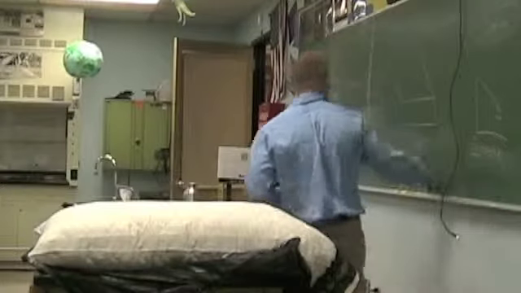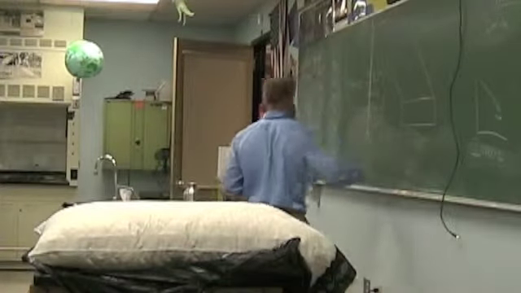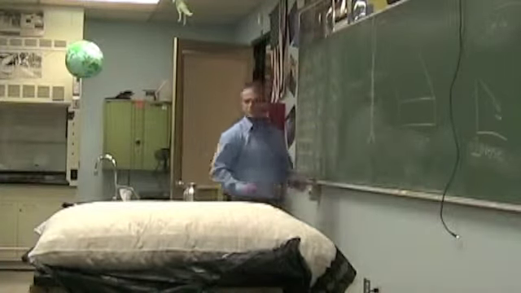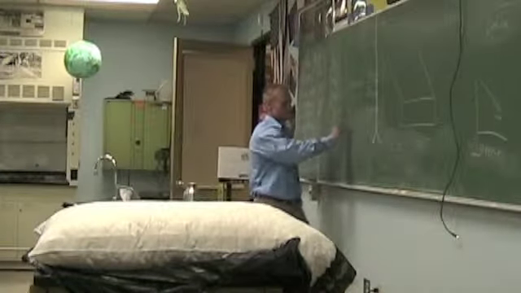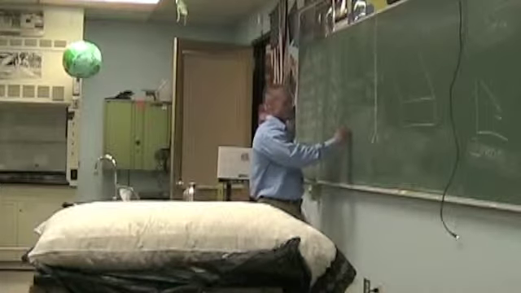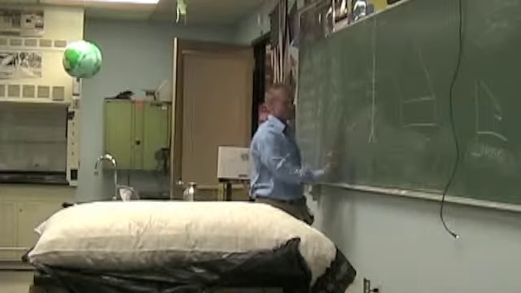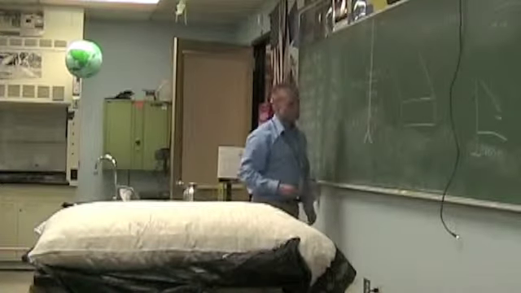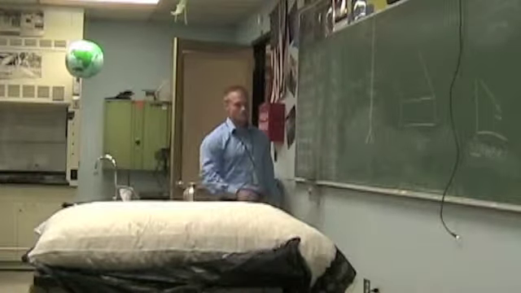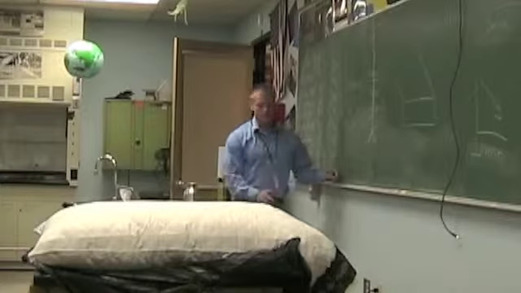Now, the units for density are what? Milligrams. Not milligrams. Grams per centimeter squared. Cubed. Right? So just look at what we got here. We have grams over centimeters cubed. It also could be grams over milliliters, but we usually do grams per centimeter cubed because we deal with solids a lot with density. Okay, so